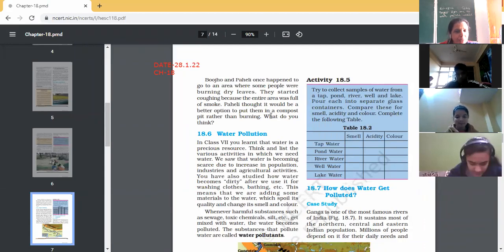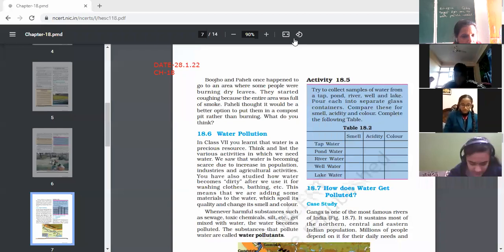So children, up to here, that was your air pollution, its impact, its case study and the alternative methods to reduce air pollution. I hope till here all the concepts are clear. Second half of the chapter is regarding water pollution. Now again, same as we have read in air pollution: causes, from where the water pollution is generated, after that case study, and the points to be kept in mind to reduce water pollution.